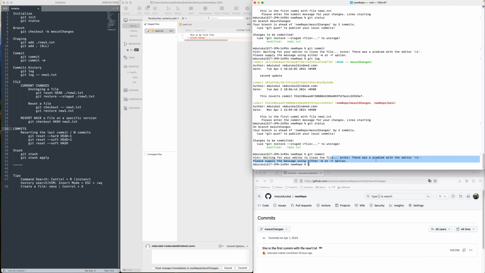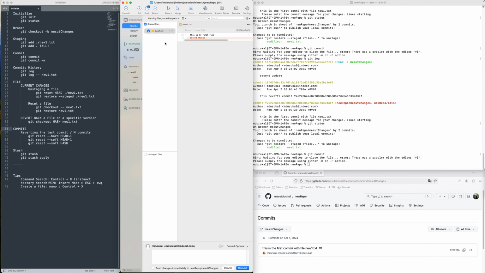Somehow it couldn't do the commit. I don't know why, but this is the second change. Actually, let me try to do a new commit. So